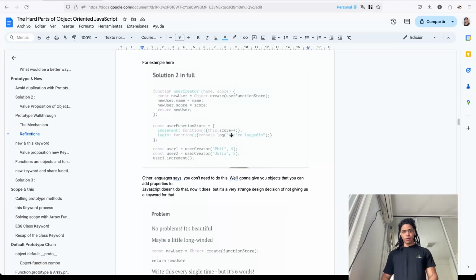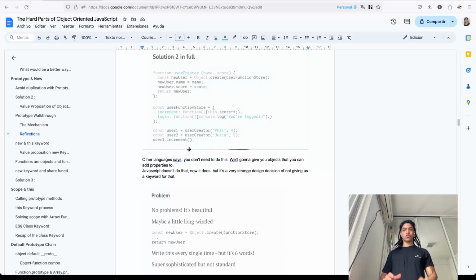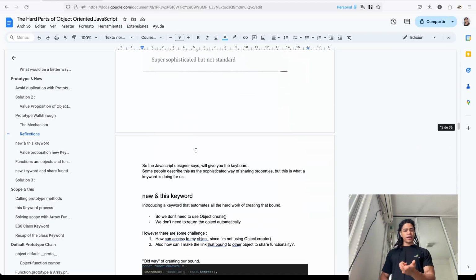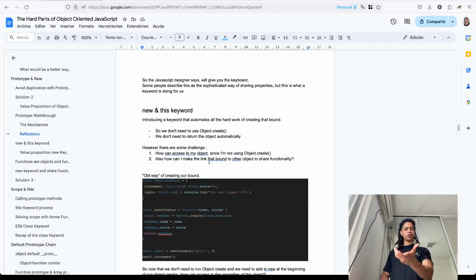And now let us handle the binding process for you. Okay, so we're going to automate that binding process for you, so you only focus on creating the data and the proper functionality. So this is a particular way of how the language now allows you to